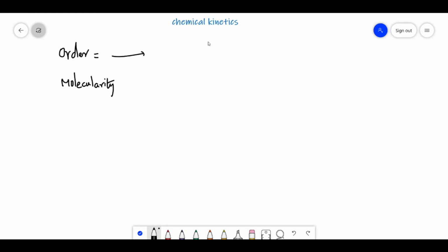For example, some reaction A plus B is giving rise to some C. And here the rate of the reaction depends only on the concentration of reactants. So the rate V is proportional to the concentration of reactants, A power of 1 and B power of 1. So you can write this equation as V is equal to K